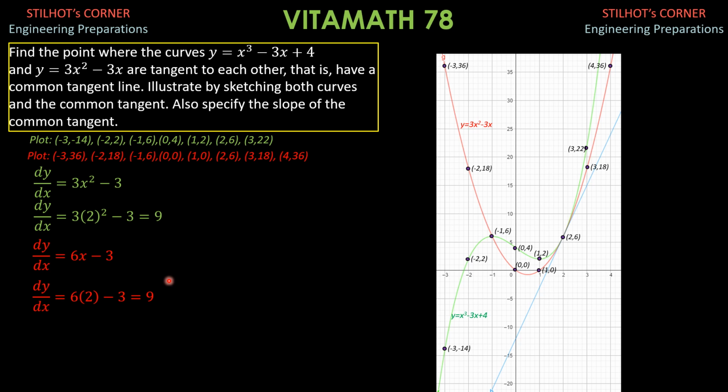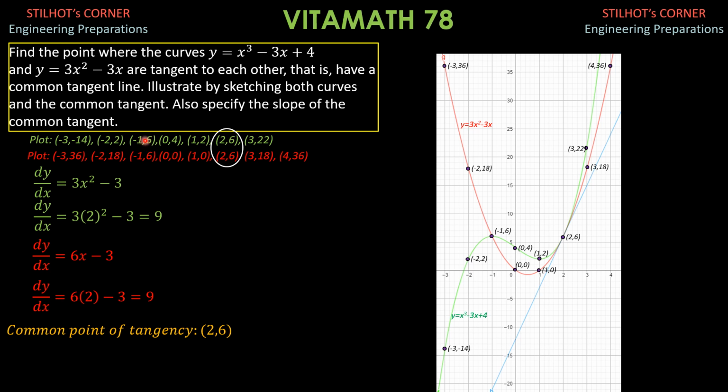So that means that the common point of tangency is really 2 comma 6, not 1 comma 6. They are not tangent there. There's no common tangent there. And the common tangent will have a slope of 9. There's no need to find the equation. It is not mentioned here to find the equation, just the common tangent, and therefore this is the common tangent represented by this blue line here. That's the common point 2 comma 6, and that's our answer. Common point of tangency is 2 comma 6.